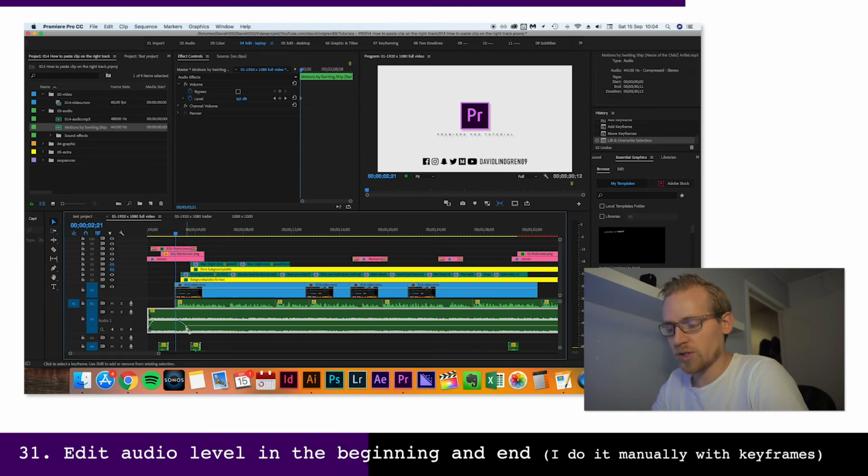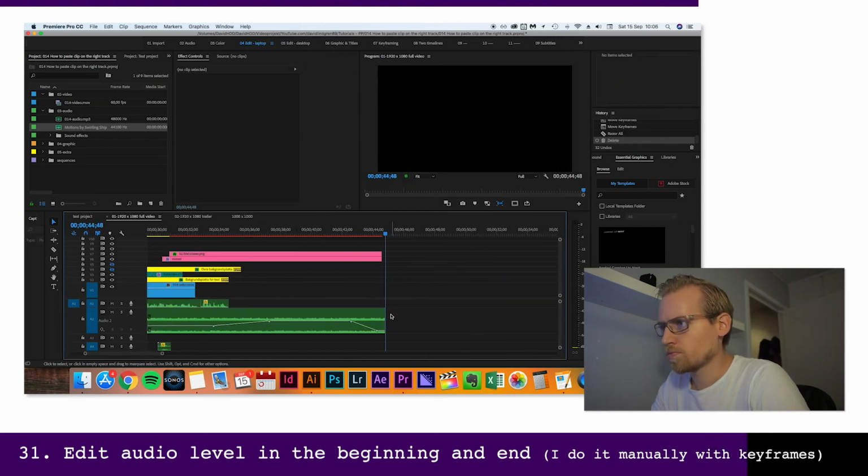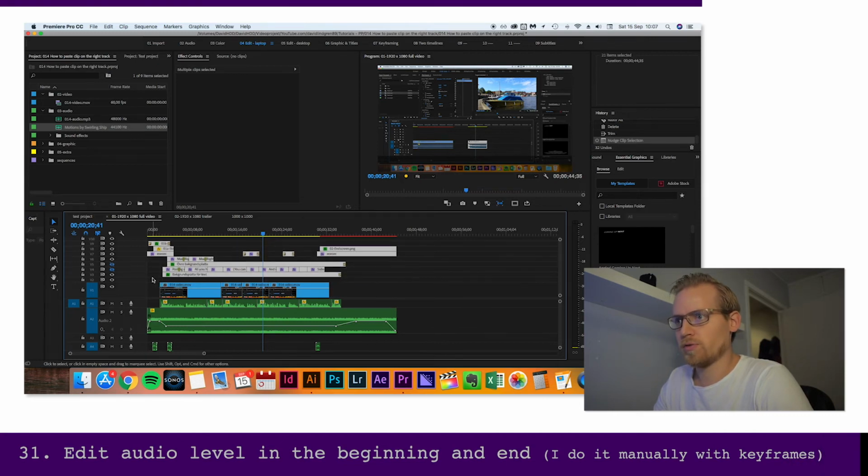And what you can do here is you hold down Shift, click one keyframe, another keyframe, and then you can drag it, the 2 keyframes at the same time. And if you hold down Shift while dragging it, you can drag it like sideways, like this. And what you can do now is that if you move this up,